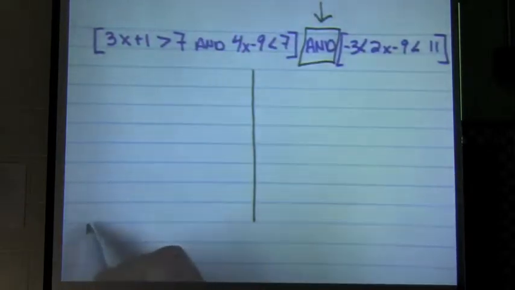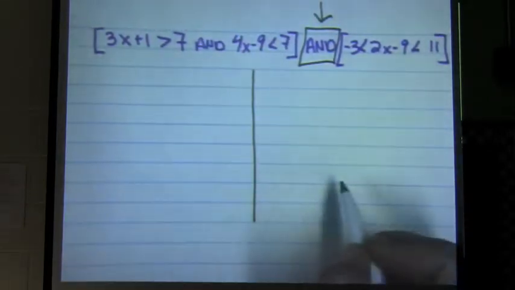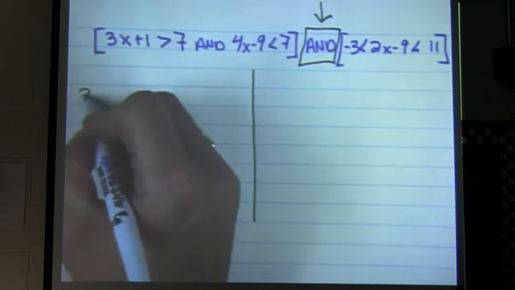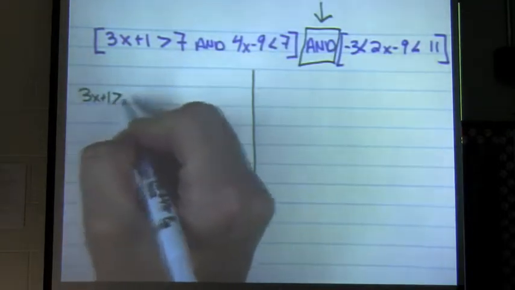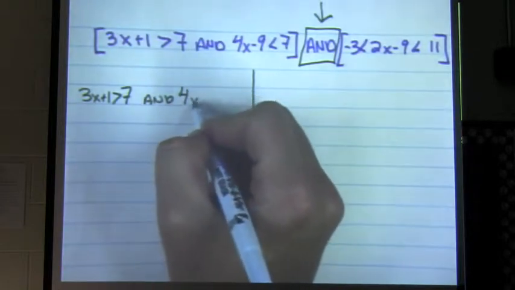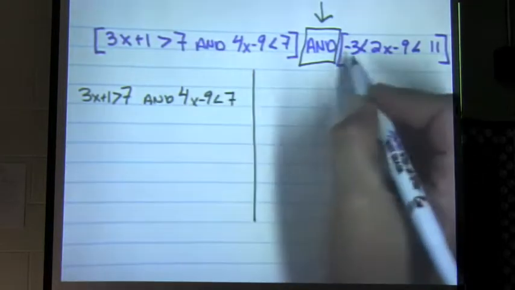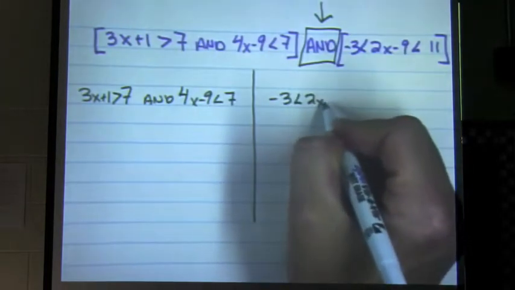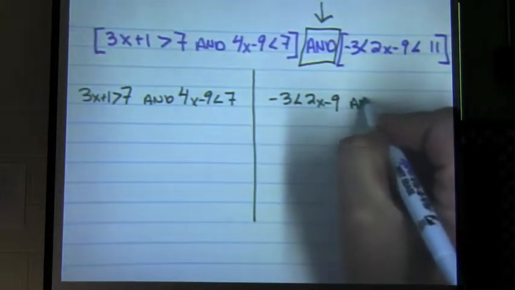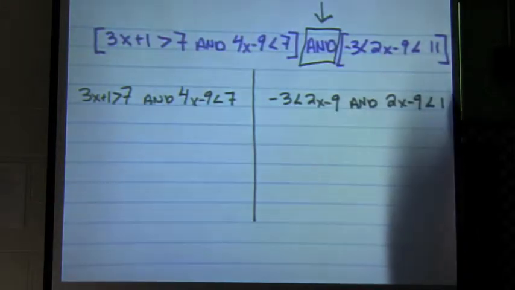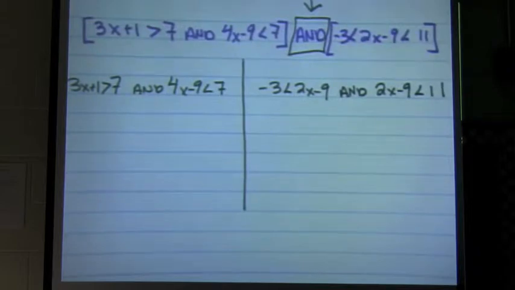So I'm going to have 2 different graphs, a graph on the left, a graph on the right, and the final graph will be my third graph. So let's split these up. On the left I have 3x plus 1 is greater than 7, and 4x minus 9 is less than 7. On the right I have a negative 3 is less than 2x minus 9, and 2x minus 9 is less than 11. Now that I've set up my compound inequality,